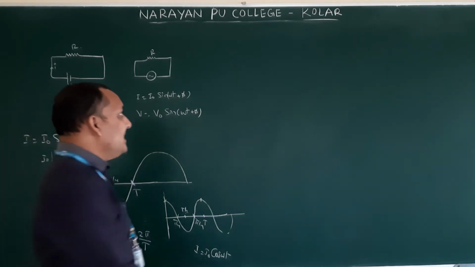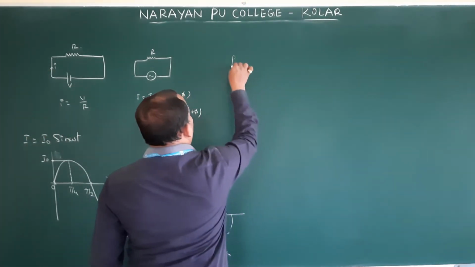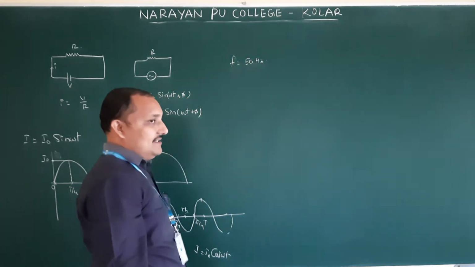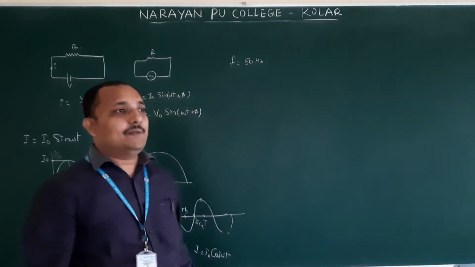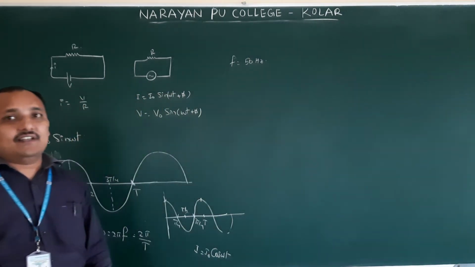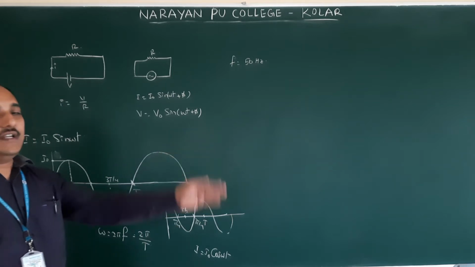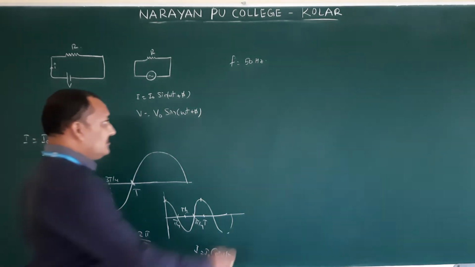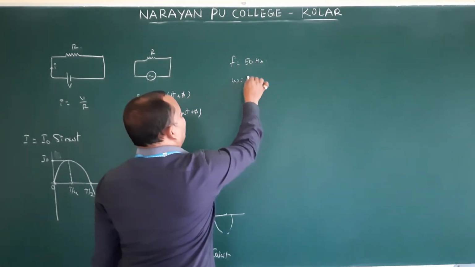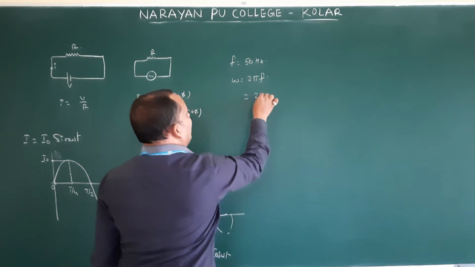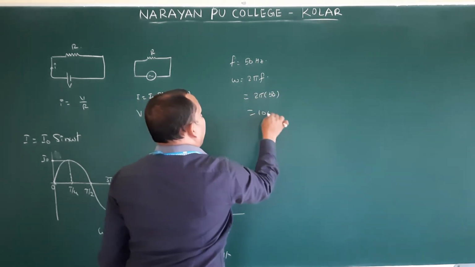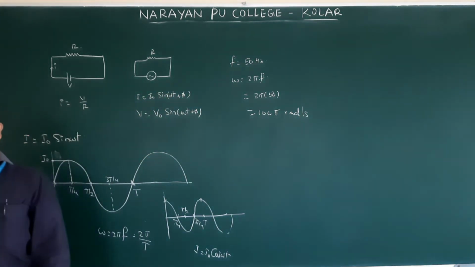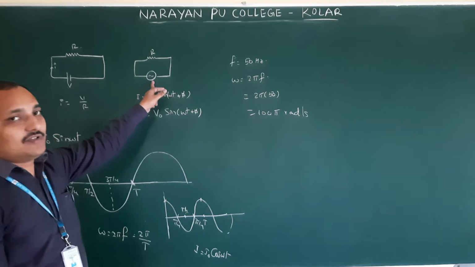More about alternating current: the frequency of Indian alternating current is 50 Hz. If you buy any electrical appliance, on that they will write frequency 50 Hz, voltage 220 volts. Our Indian voltage is 220 volts and 50 Hz current. So omega value also they give. For our Indian alternating current, omega is equal to 2 pi into 50, that is 100 pi radian per second. Okay. Next, they give the circuit symbol. This is the source of AC.